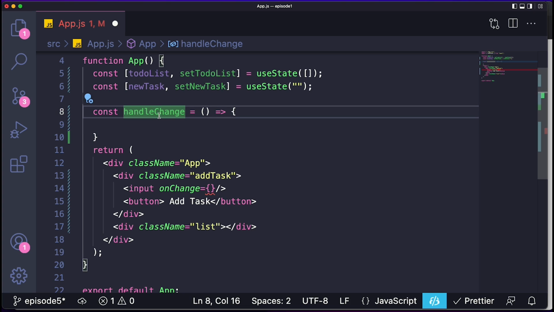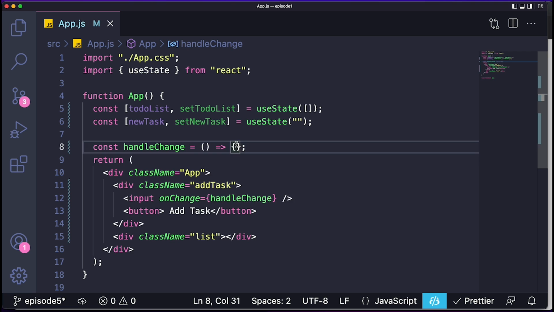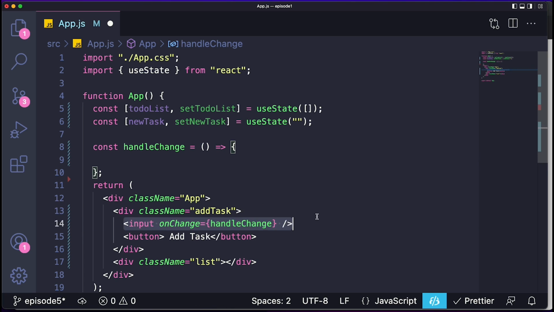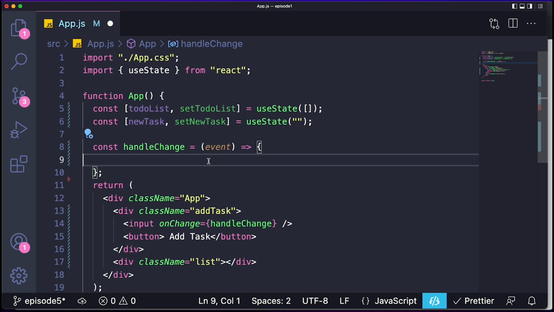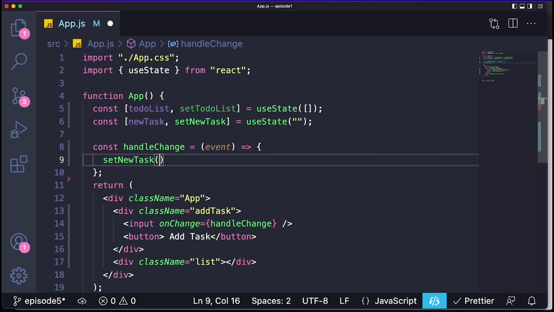So we're just going to copy handle change and put it inside of here. Now, inside of this handle change function, since it is inside of an input, like I mentioned, you can have an event as an argument to this function. And you can use that event to grab the value of the input. So if I want to set the variable new task to be equal to the value of the input, all I have to say is set new task equal to